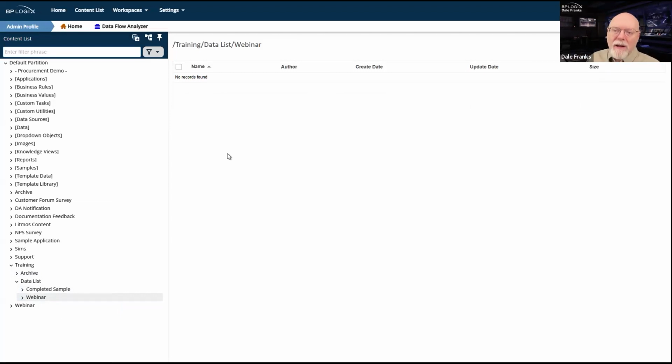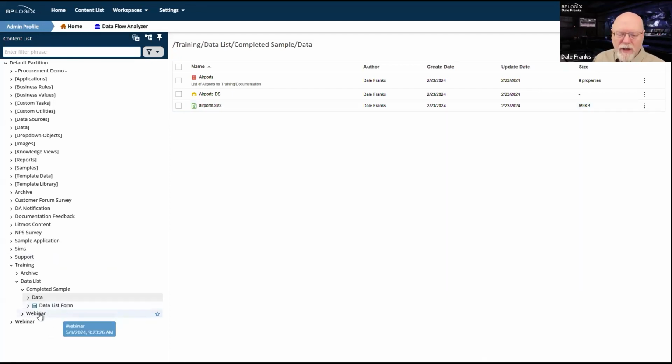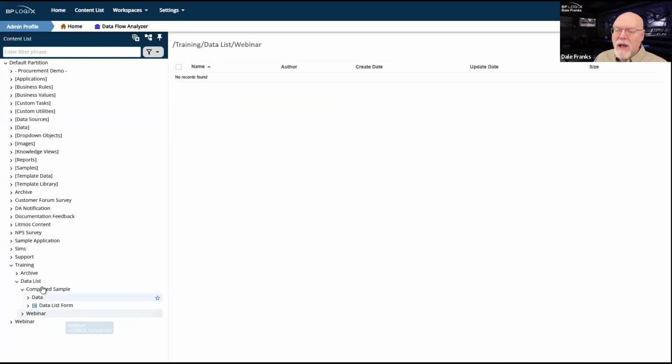Our data is in the user database. Let's actually go back and look at the data. This is the data we're going to use. It's actually coming off of an Excel spreadsheet. I already have a data source that is built that connects to my internal user database. So all of the data is coming out of this airports.xlsx spreadsheet that contains 826 rows. So that's the data we want. I've already got the airport data source that is already configured. So I am going to rebuild the data source for this.